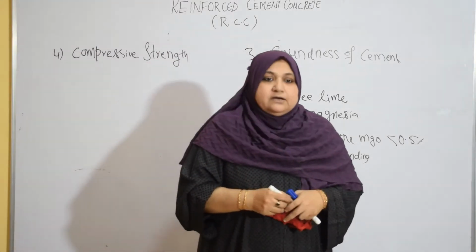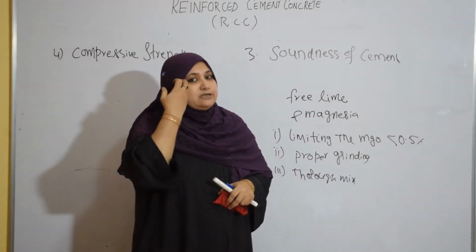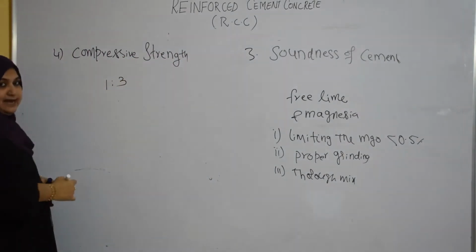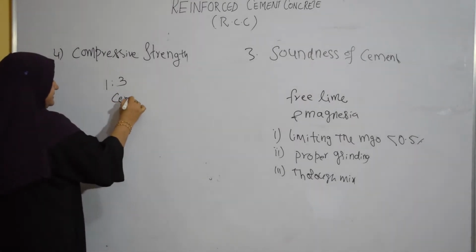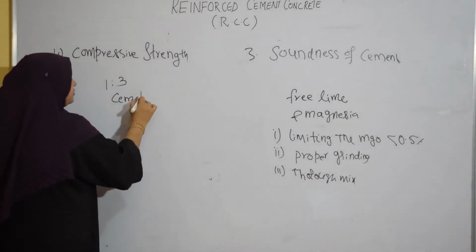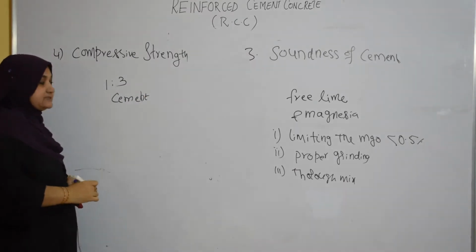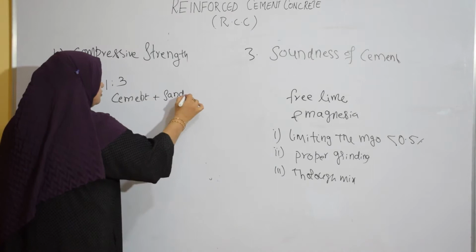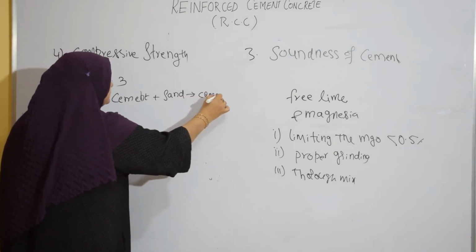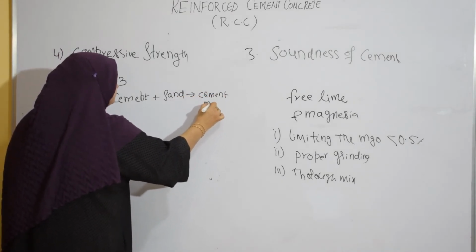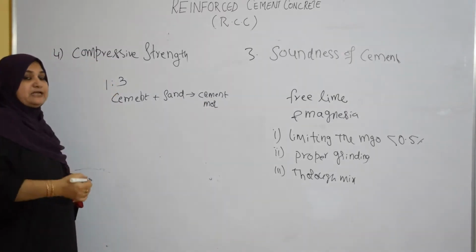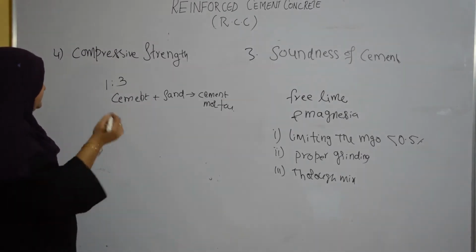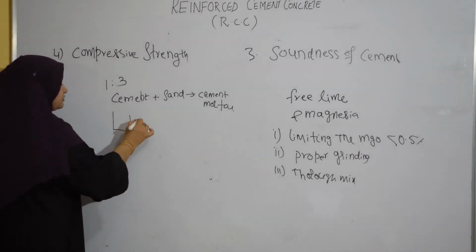Okay, right. Now what is the methodology here? We mix 1 part of cement with 3 parts of sand. Okay, cement mortar is prepared. This test is not conducted only on cement paste. It is conducted on cement plus sand mortar. This together is called cement mortar, because we cannot perform the test only on cement paste because of its shrinkage property. Okay, so we mix this and we pour it in a mold of 50 square centimeter.